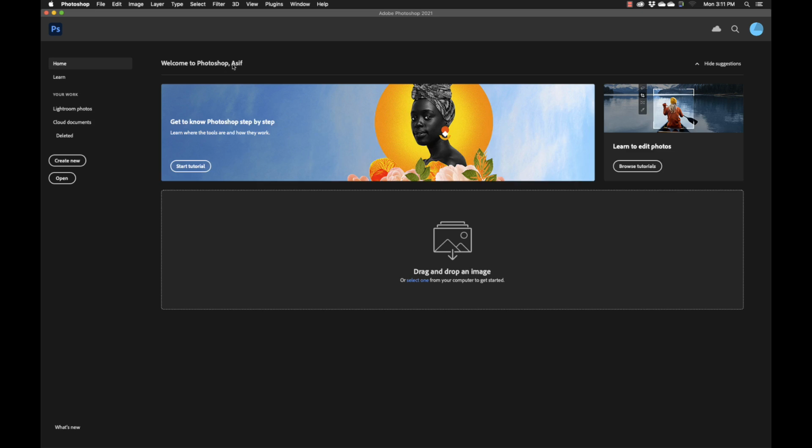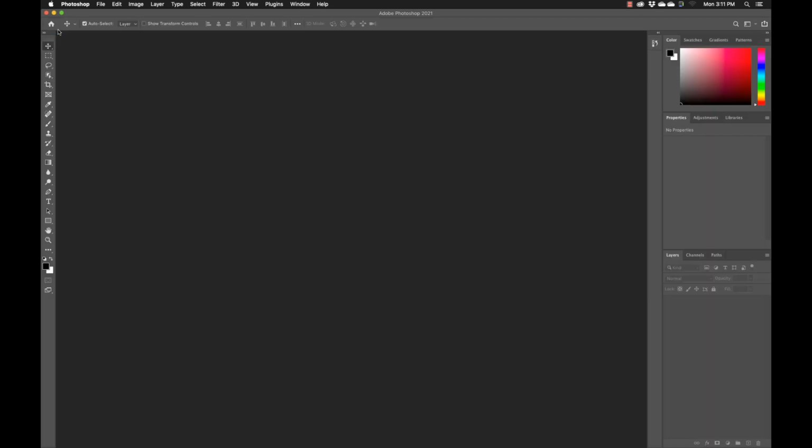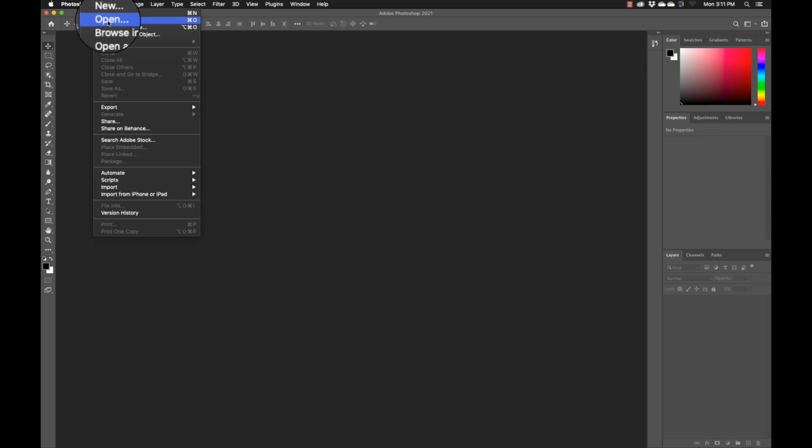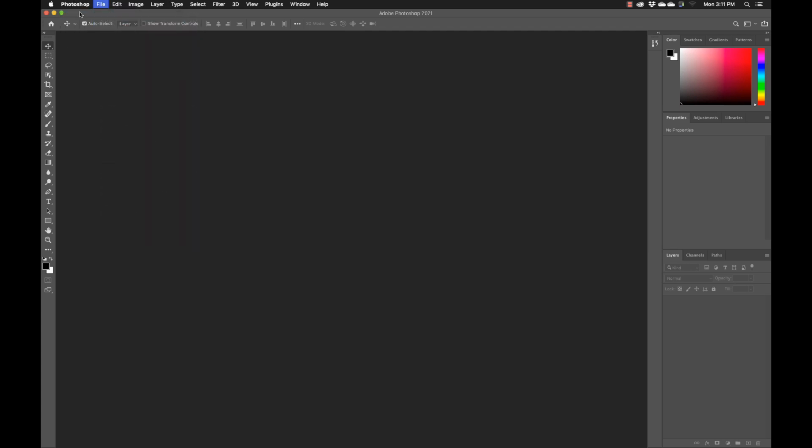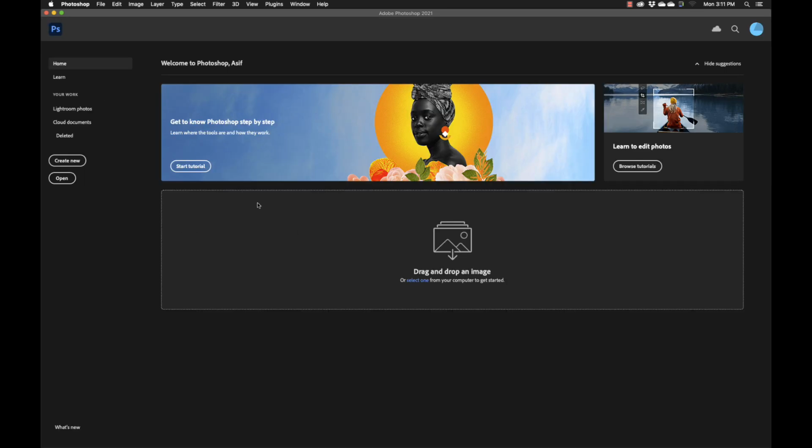To further and better explain, I'm going to open an image so that there's something visually interesting on the screen as opposed to a blank screen. So to open an image, we have multiple options. We can go into File and open an image from here, and then you can direct it to the appropriate directory wherever your images may reside. That's one way of doing it. The other way is, notice in the alternate screen startup, you have an open button over here, or there's a large window which says drag and drop an image, and that will also end up opening up